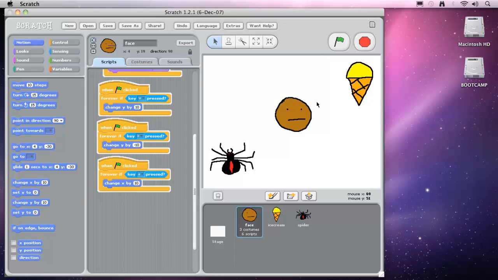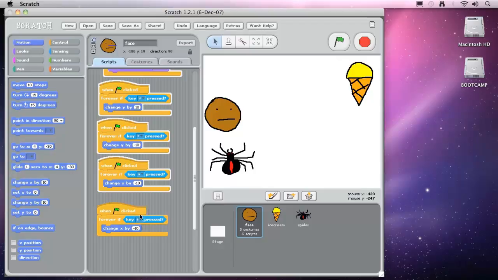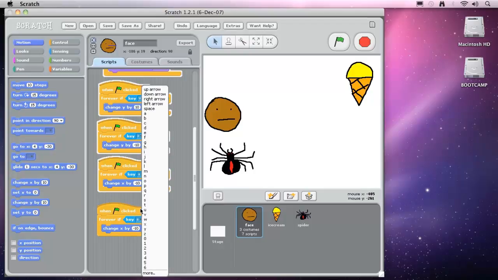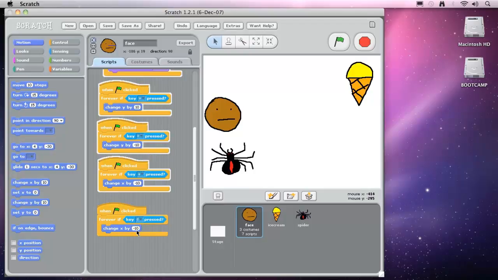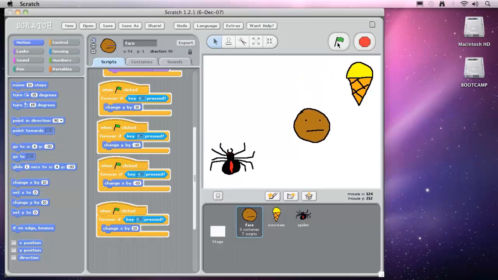And once again, you just try it out. So that's going the wrong way. So I want it to go -10. Once again, it's just trial and error. You try things out. That's working for me. And then if the D key gets pressed, I want it to just go 10. And now I've got W, S, A and D, and I can move my face around like I'm playing a